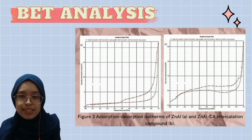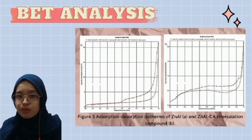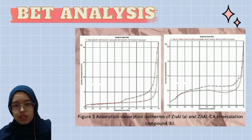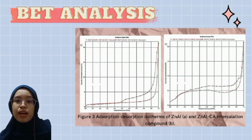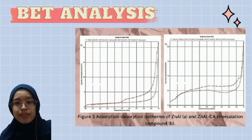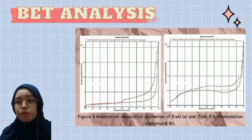And lastly, the BET analysis. According to the IUPAC classification, the isotherm is a type 4 isotherm. Figure 3 shows the nitrogen adsorption-desorption isotherm of zinc aluminum and zinc aluminum cinnamic acid compound, respectively. Zinc aluminum shows slow adsorption at a relative pressure range of 0.0 to 0.45 P over P naught and optimum uptake at 21 cm3 per gram, whereas zinc aluminum cinnamic acid intercalation has shown rapid adsorption at a relative pressure range of 0.0 to 0.2, followed by a slow uptake from 0.25 to 0.9 and optimum adsorption at